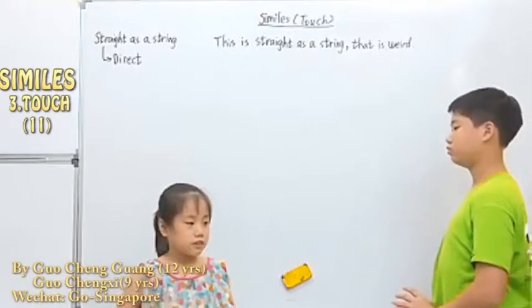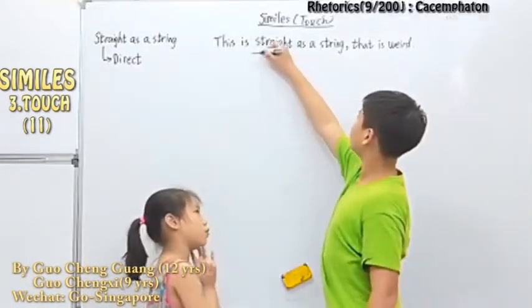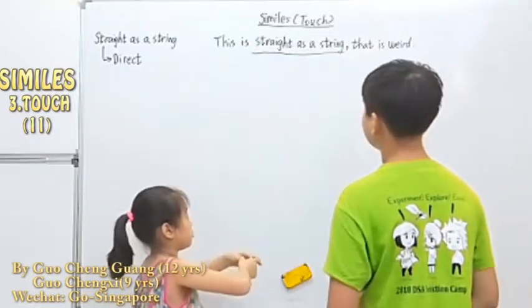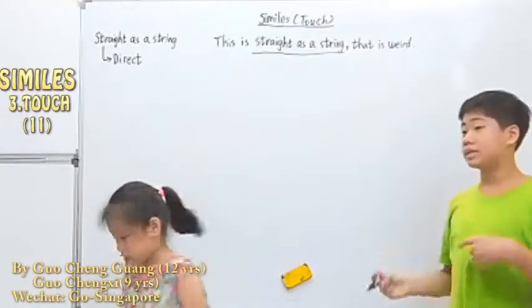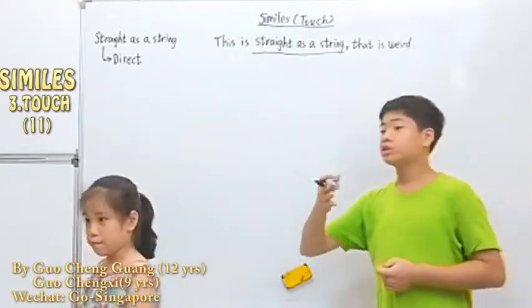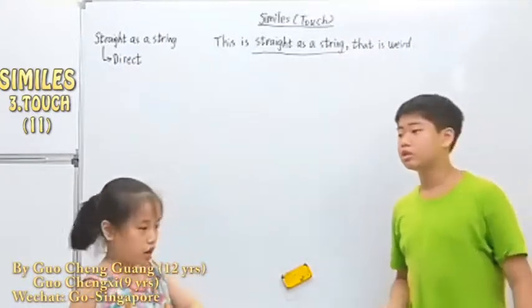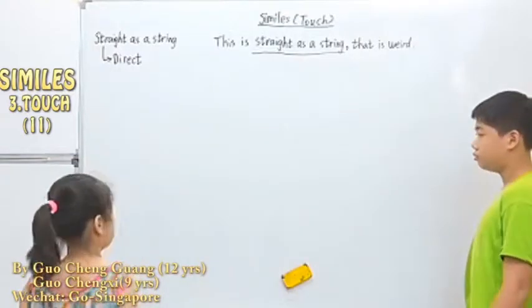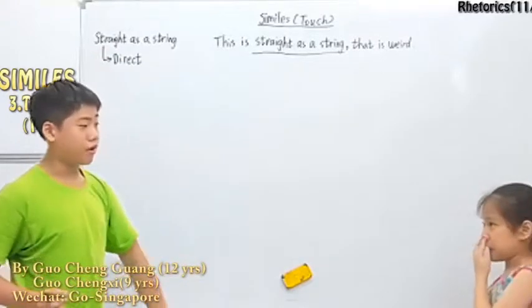Because all those boxes, right? They usually got folds, right? Yes. But what if just this box without any fold is straight as a string? Okay, so that means it is very straight, right? Yup. So it is almost impossible to manufacture it, to make it, to build it up. Okay, so this is the first one that you gave.